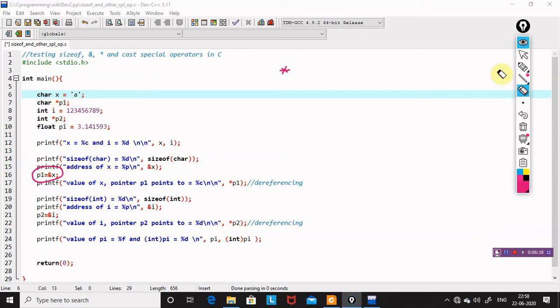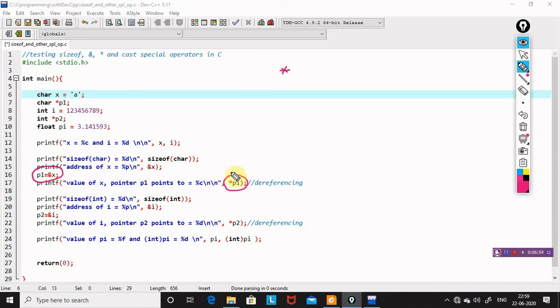Yeah. So x has been initialized with the small case character a, ASCII character small case a. Now the address of this variable x in memory, that address is assigned to P1. That means that address value is moved to P1. Now when we write star P1, what happens is